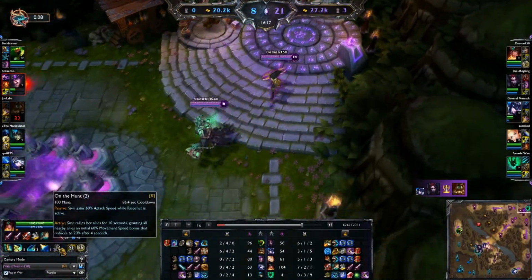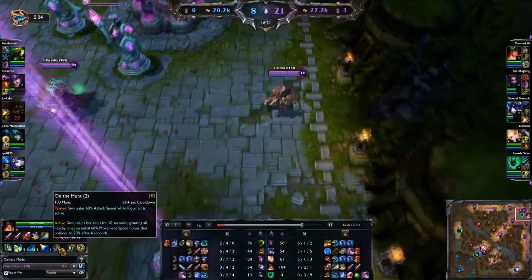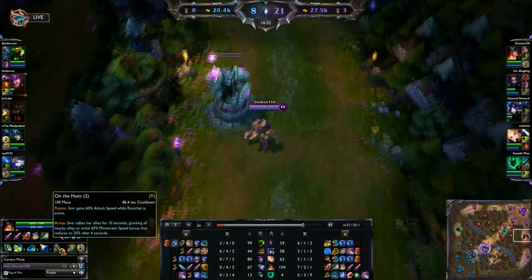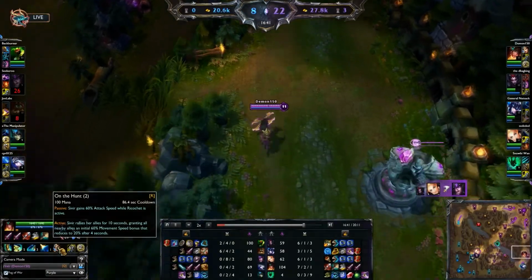So last up will be her ultimate, On the Hunt. This was also something that was changed fairly heavily. It has a passive component, like I said. Once you level it and you activate your W, you gain attack speed. And then it has an active component where she rallies allies near her for 10 seconds, granting them a movement speed bonus that lasts...